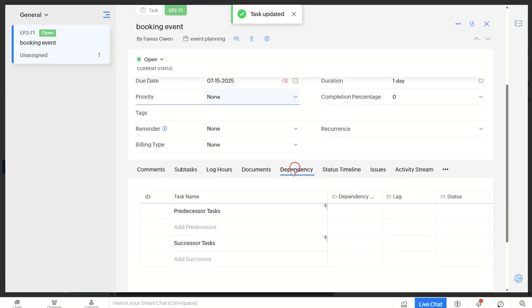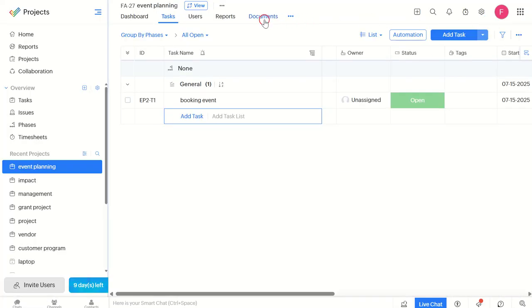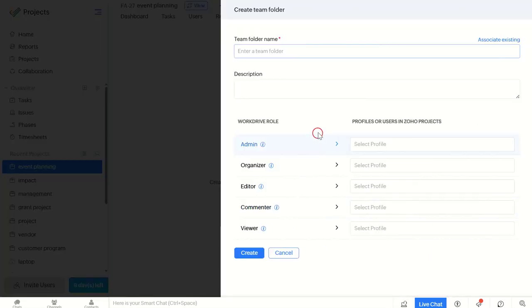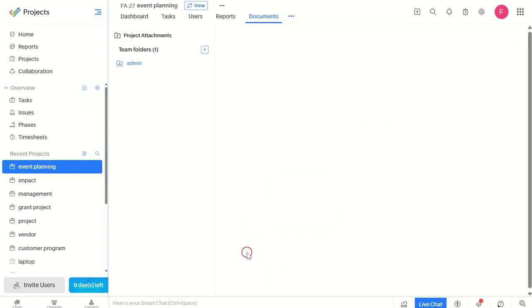Finally, use the document module to upload any necessary files like contracts or guest lists. This keeps all your important documents in one place, making it easier for you to find what you need when you need it. In conclusion, Zoho Project is a powerful tool for event management, helping you to keep track of